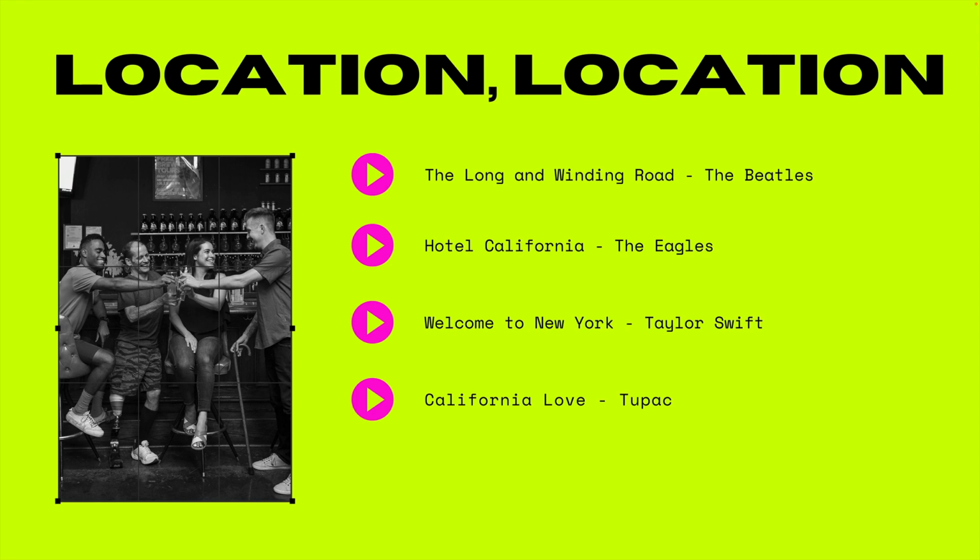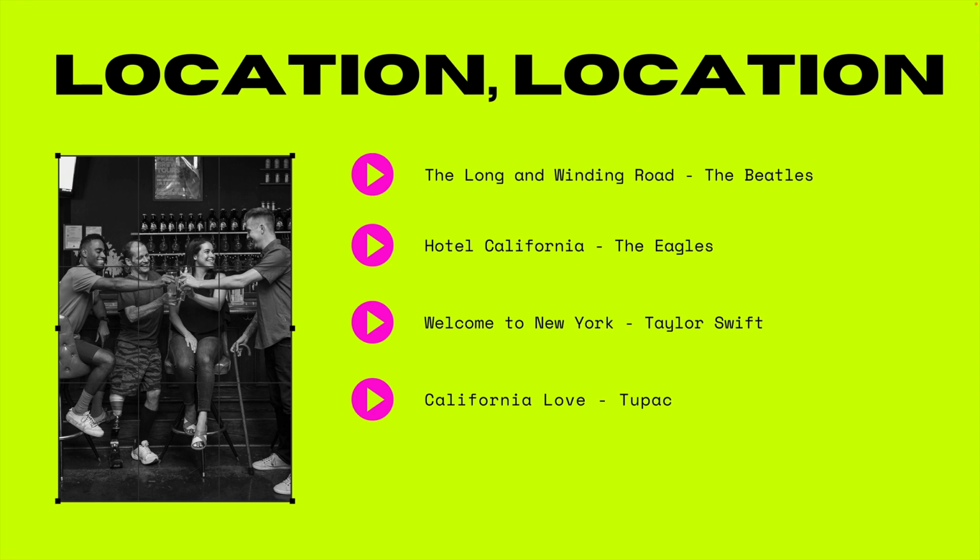Next are songs that really focus on the location of a place. Often these songs might even have the location in the title. Most of the time it's going to be New York or California for whatever reason, but I'm sure people sing about other places as well. The important part about these types of songs is that they establish it from the first word, the first phrases, as opposed to Strawberry Fields, which is a song about a location, but they don't bring you into that location from the beginning, whereas The Long and Winding Road does.